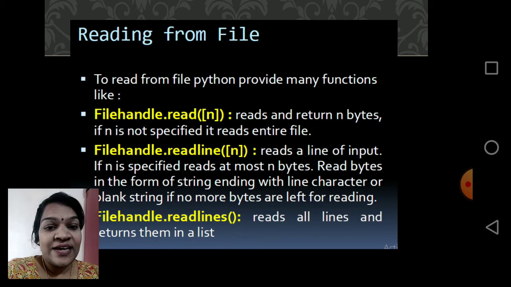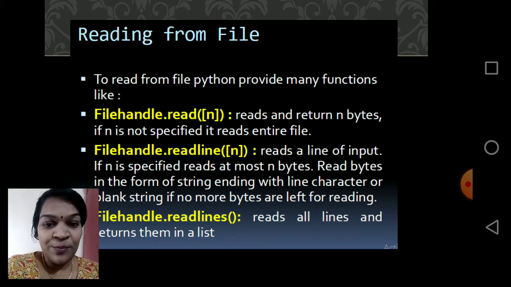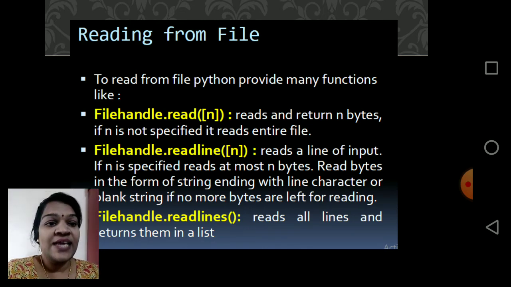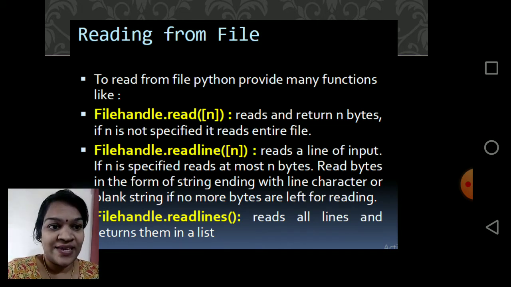Read reads the total number of bytes or the specified number of bytes, but the read line function takes line by line. It reads a line of input, and if n is specified, it reads at most n bytes from that line, returning the bytes as a string ending with a newline character. You know, end of line is a new line character, so it reads that much.